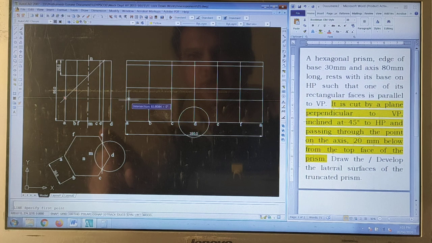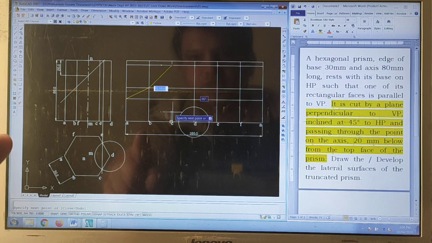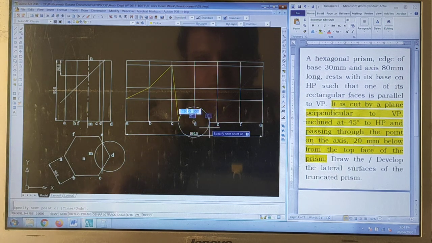This is the first point, A. It is starting from A to B, and for B this is the next point. Then it is going to C. For C it is cutting at this particular point, then it is cutting over here, isn't it? Then it is cutting till this particular end.